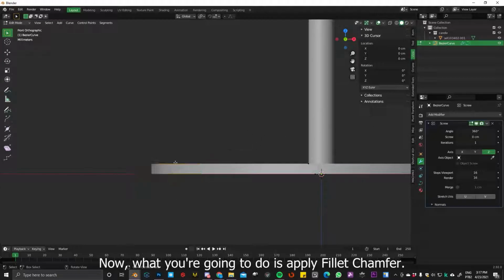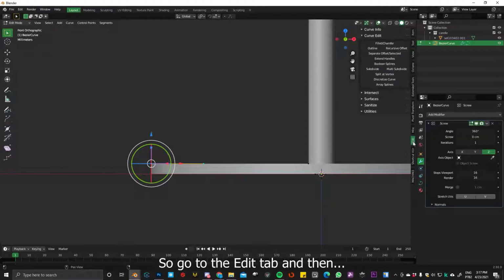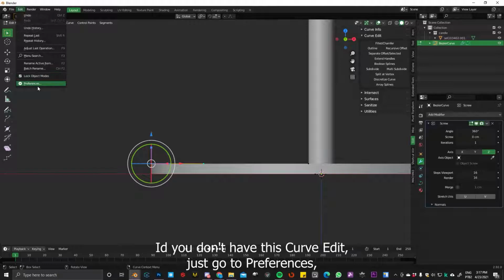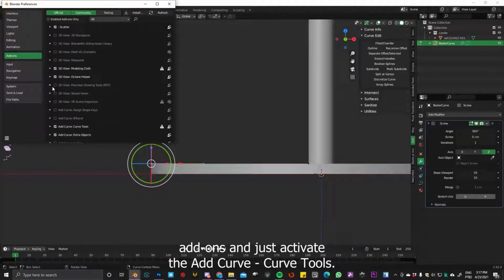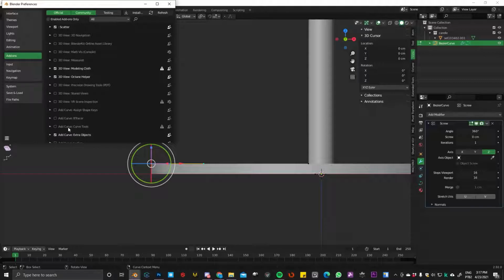Now what you're going to do is apply a fillet chamfer. Go to the Edit tab, and if you don't have this curve edit, go to Preferences, Add-ons, and activate Add Curve Tools, this one.